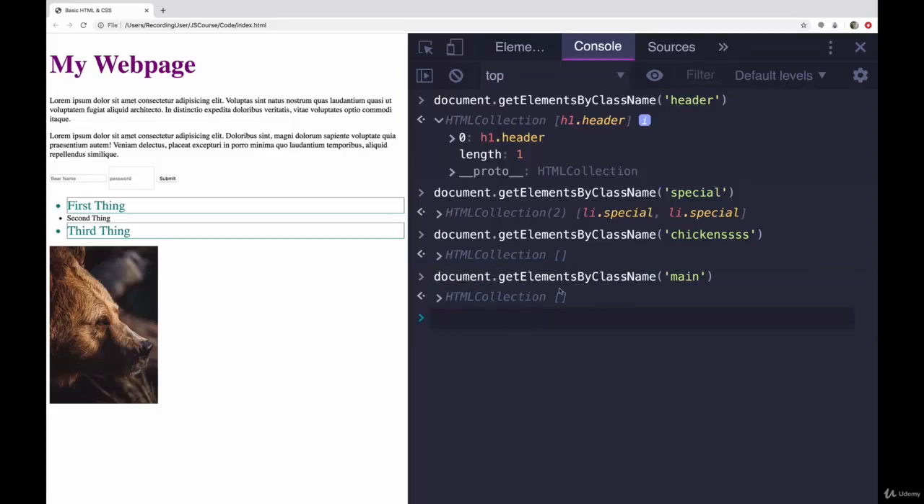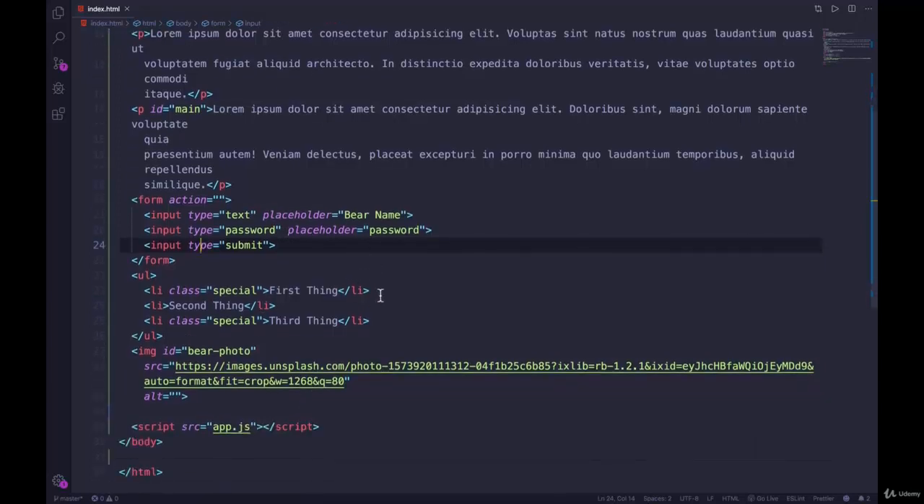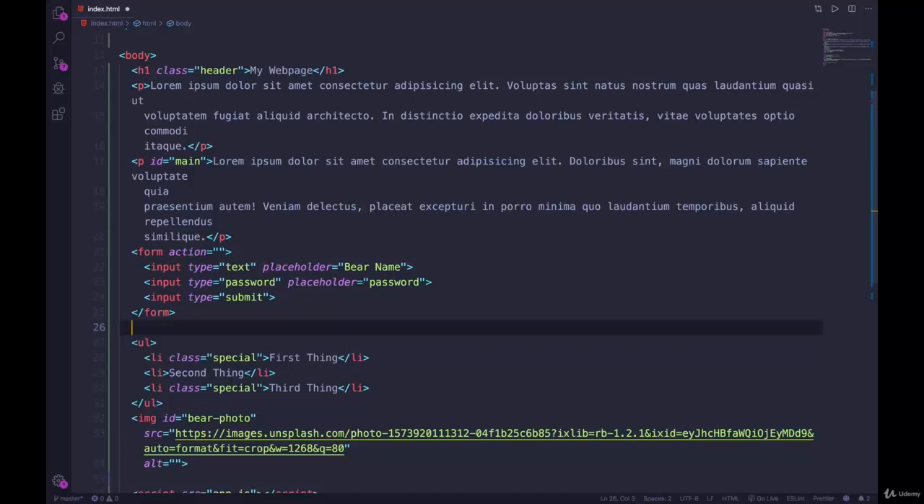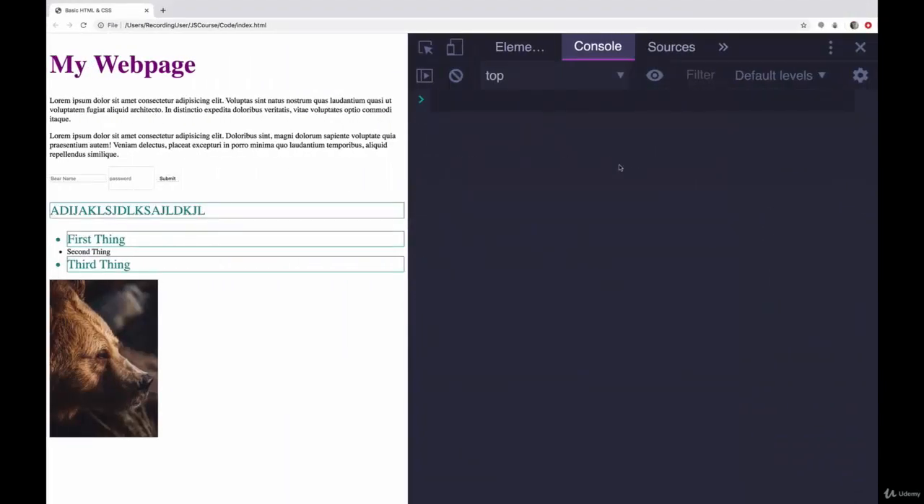If I had a very complex document, let's say with thousands and thousands of elements, and I wanted to select one element and then further search within that one element, I could do that. So here's an example. Let's say I have the class of special somewhere else on my page. I'll make a paragraph with the class of special and just put some stuff in there. Refresh my page. If I want to search for elements with the class of special, if I do document.getElementsByClassName special,